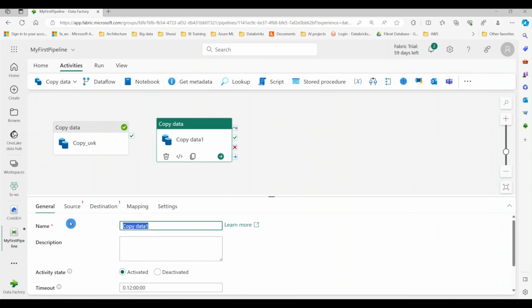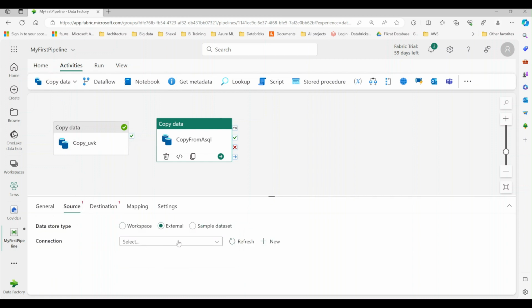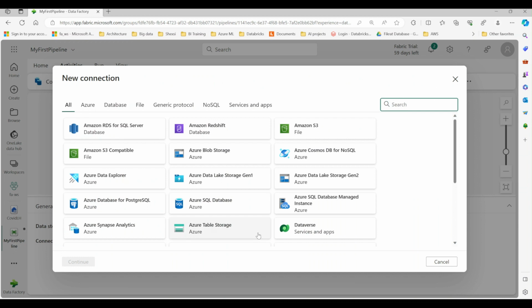copy from Azure SQL. Now if I switch to source, this time I'm going to select external source because this is external to Microsoft Fabric. So I don't have a connection created yet for this, so I'll click new, and that will allow us to choose from different sources. So my source is Azure SQL, hit next,